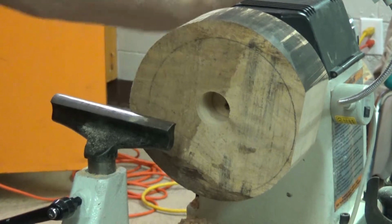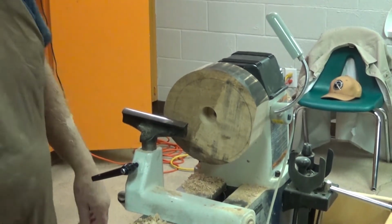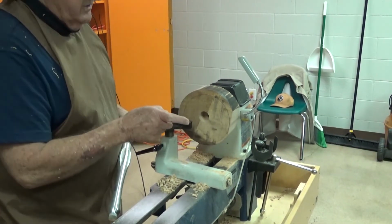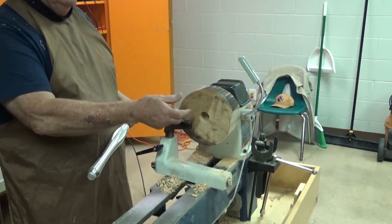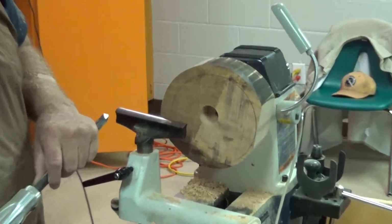Okay. So now we're going to shape the top of our project so that it looks like the top of a gourd here. We're going to go more or less straight down with it for about 1 inch, and then I'm going to turn and come around, making the top part of the project. So to get started,